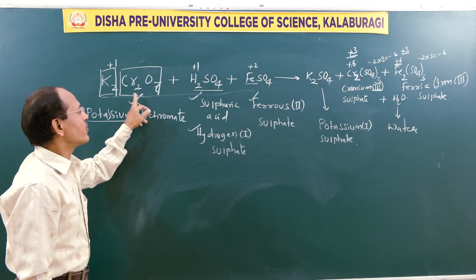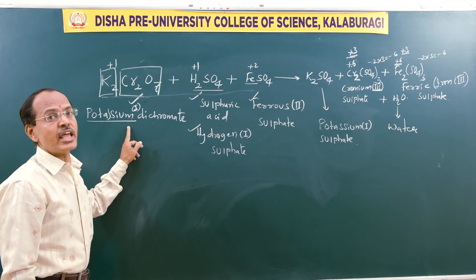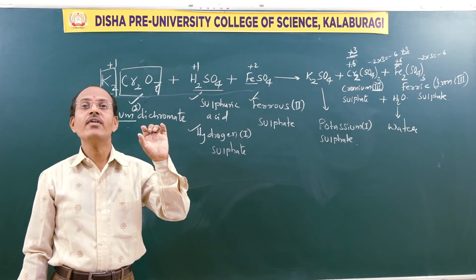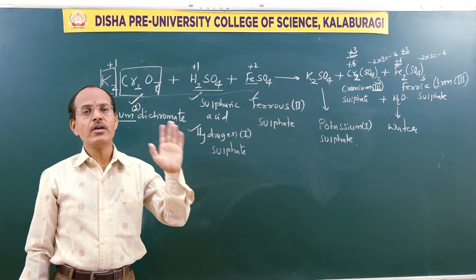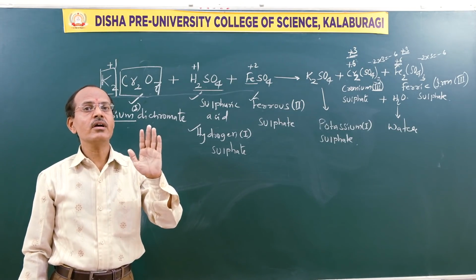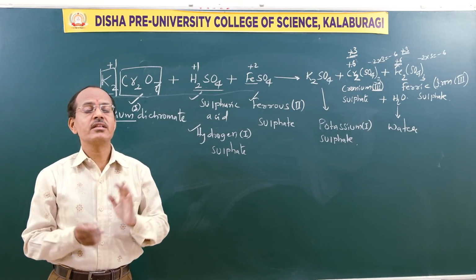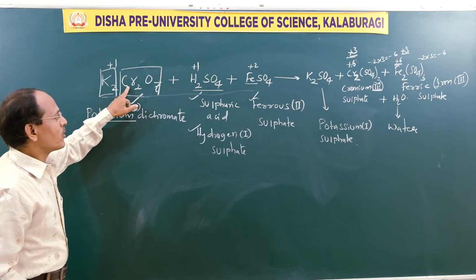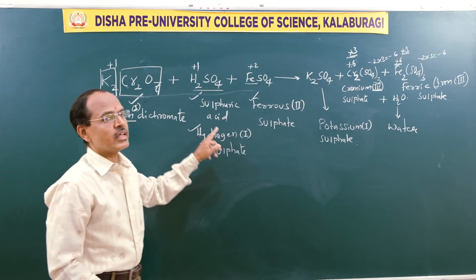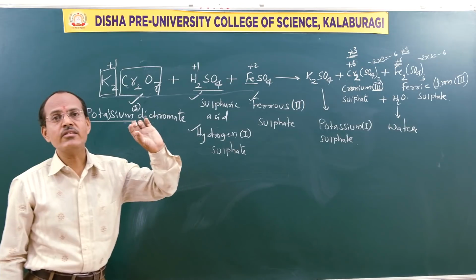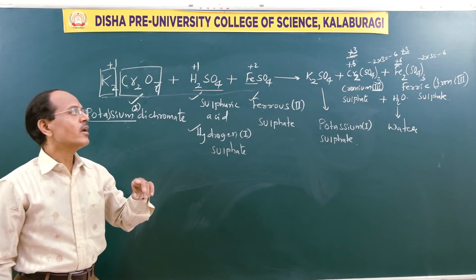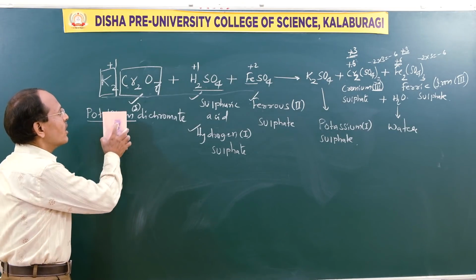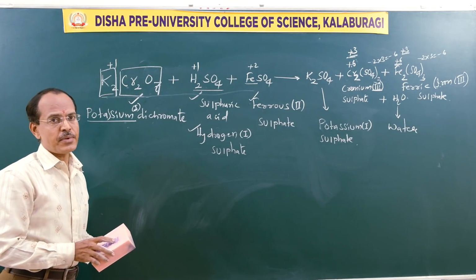Along with the equation, if you are writing the names, then only the equation will be valued. Okay, so concentrate on this word. Whenever you are presenting the reactions along with their formula, you should write their names. Then only the equation is valued. Okay, now we will see how to balance the equation.